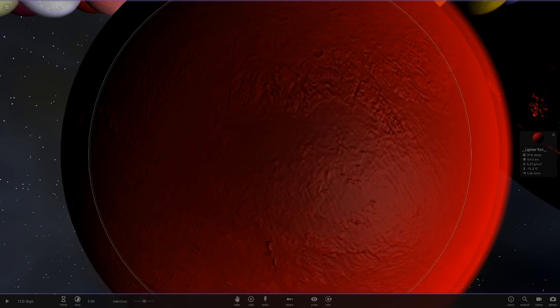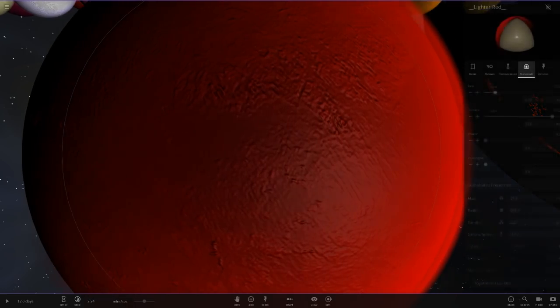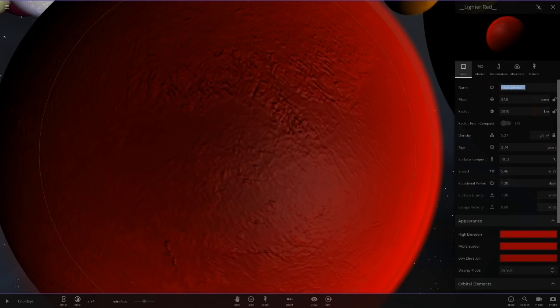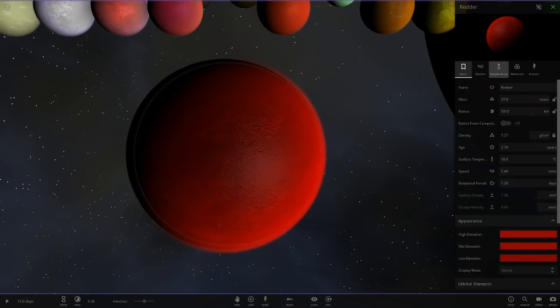So, Redder. It doesn't say anything about mass or radius, so I guess we can just make that ourselves. Let's go ahead and paste the name in like that. There we go. Let's give it a capital letter. Temperature, we'll just put you to 30 degrees. So there's our Redder planet so far. Then it says 1 colour red, 3 colour white, and a little bit of water. Oh no, 2